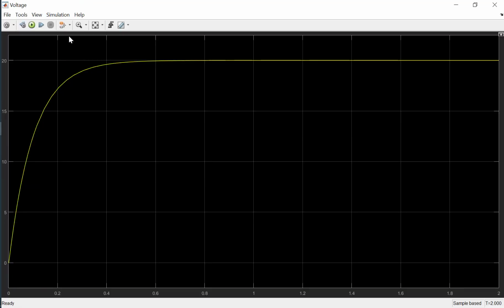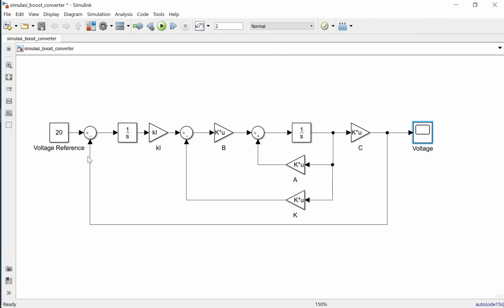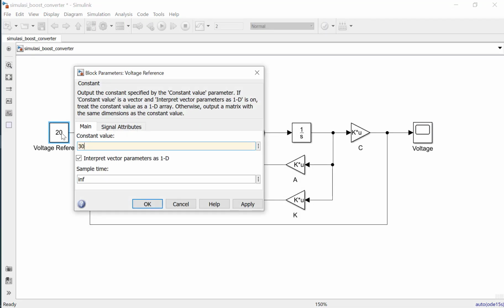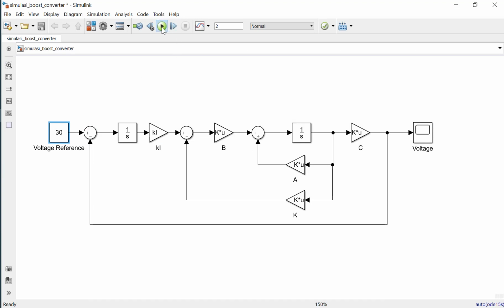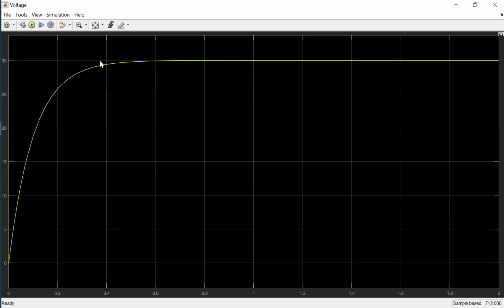Okay, we can see in the response, the response can also follow the set point or the reference here to be 12 volt. And then we can change to 30 volt and see the response can follow the set point or the reference.